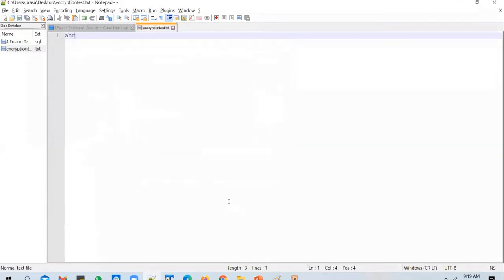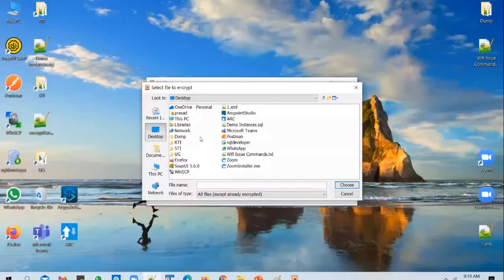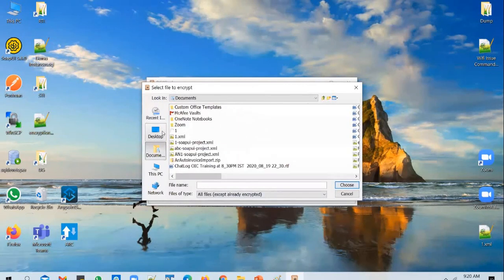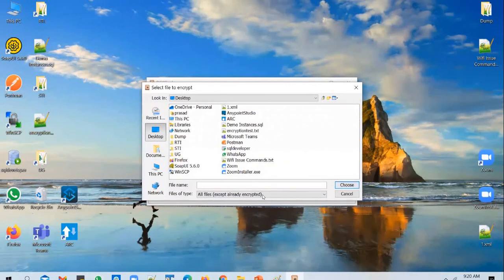Okay, so let's think of this file as a zip file that you want to encrypt. You have that file and you want to encrypt it. So you go in there, you select the file, all files, and you see this encryption test.txt.